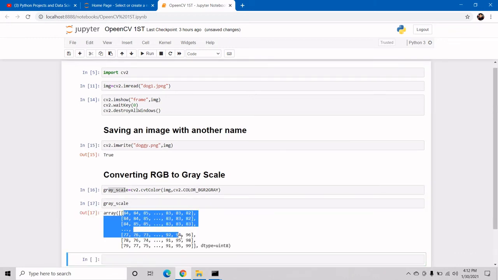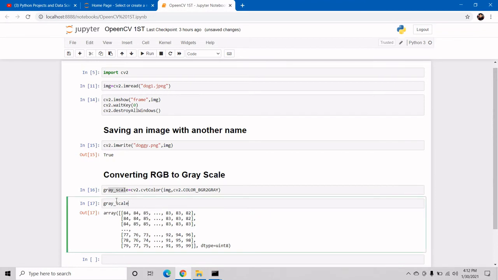Now we have to show this. So for that we can use cv2.imshow. Now we have to pass our frame name, like frame1, or we can say grayscale image.